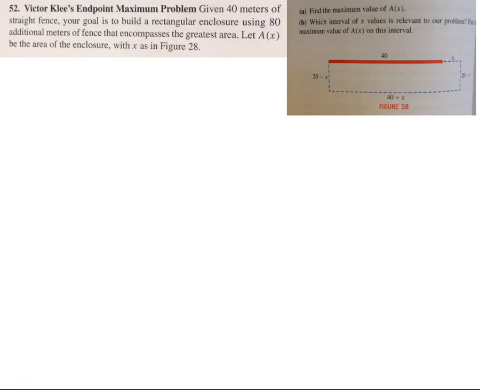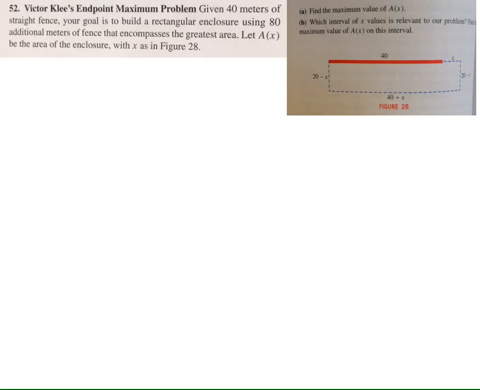This is a problem from section 4.7 of the book, the section on applied optimization. The problem says that you have 40 meters of straight fence and you want to build a rectangular enclosure using 80 additional meters of fence, and that part of the fence can be bent. And we want it to encompass the greatest area. It says let A of x be the area of the enclosure with x as in figure